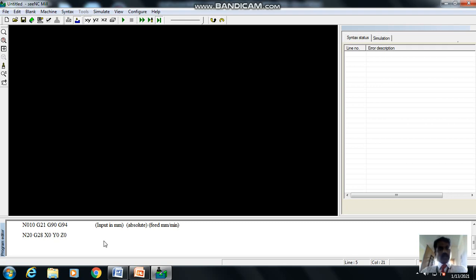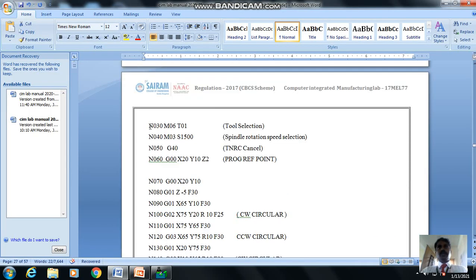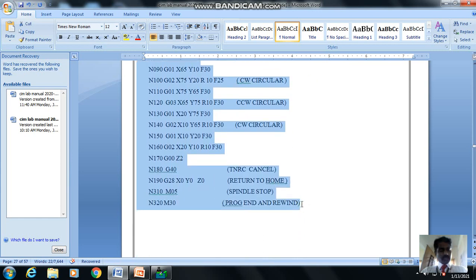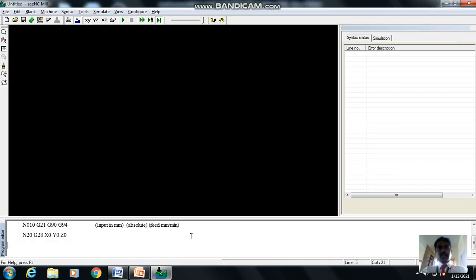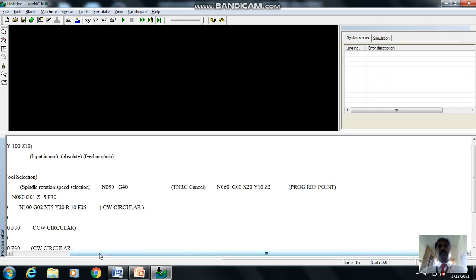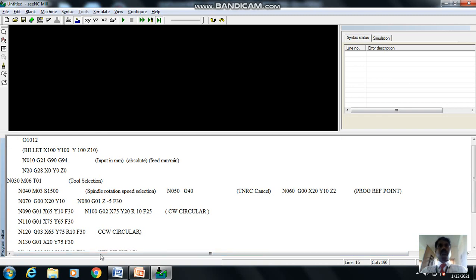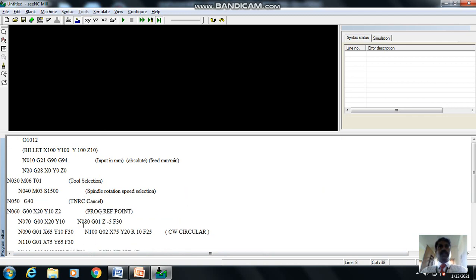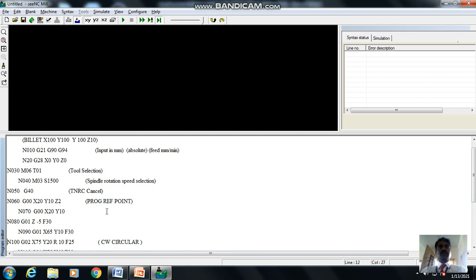So let me do this, and the brackets should be closed properly, because the machine will not take whatever is in the bracket, but it is mandatory that you have them. And while copy pasting, we have to assure that it is in sequence order, it should come downwards. So after selection it is there, and here N40, N50, and then N60 should come down. So that N70, N80, N90, 100 should come. Okay, that's 190.